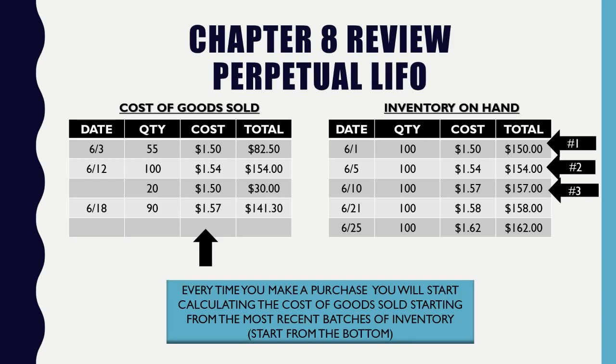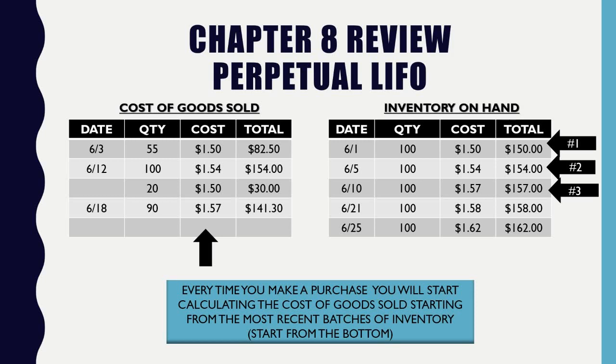And then when we talk about LIFO, we're constantly flipping back and forth and weaving through, because we're constantly taking the last batch of inventory that we purchase. But as we keep purchasing our inventory, the list keeps growing, and we just keep taking from the bottom and the bottom until we make our way up